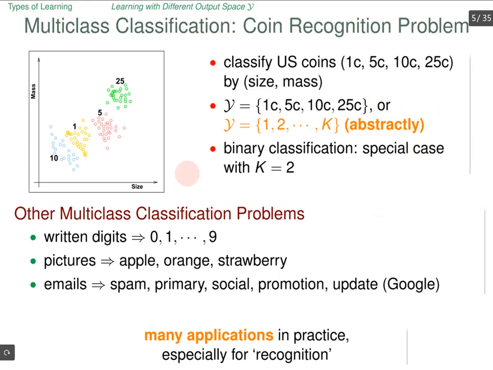Or more abstractly, we can just give them some number. 1 cent, 2 represents 5 cents, 3 could represent 10 cents, and 4 to 25. Well, it can range up to